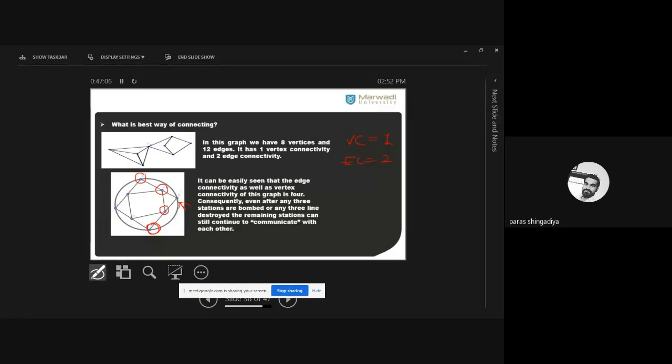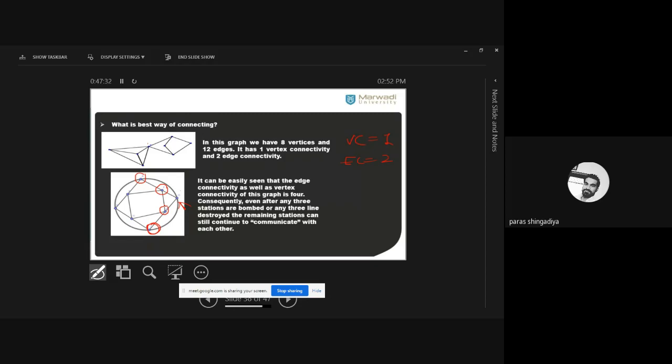If any one node of the network is in trouble, if any one is destroyed, suppose I destroyed this one, then still D and the rest of all the vertices are connected. If I destroy any 2 connections, then still it is connected. But if I remove these two from the first graph, then the graph looks disconnected. So that is used in this real life case.